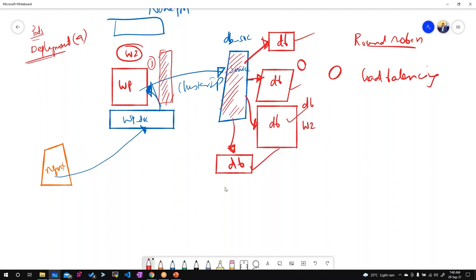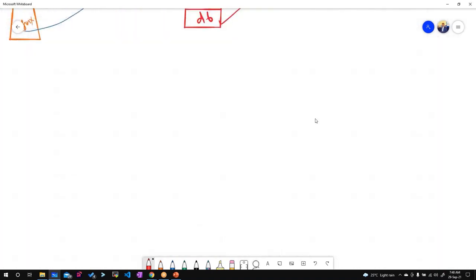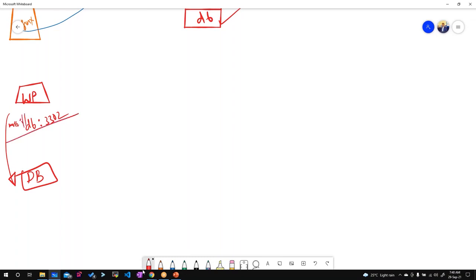Why a service is needed is because if I don't have this, let me draw a small picture. So I have a WordPress and I have a database. Inside my WordPress logic, I'm just saying to connect to the DB. I'm just saying it to connect like this, some URL, MySQL colon. There is a DB endpoint, right? So I'm using this URL DB colon 3306. I'm saying, okay.